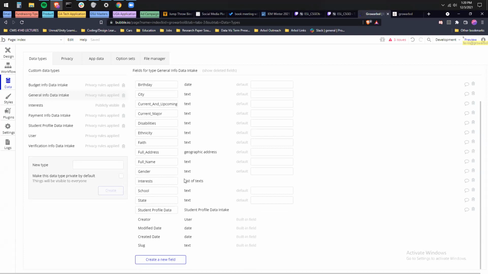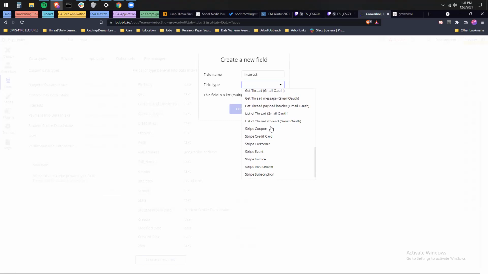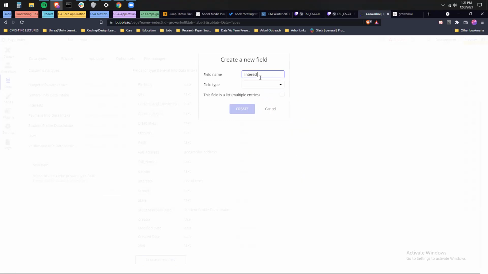Awesome. And then where that list of text was stored, it actually needs to be changed to a list of interests instead. You can call it interest, it won't bother Bubble. I would put the S at the end of it though. Okay, interests.